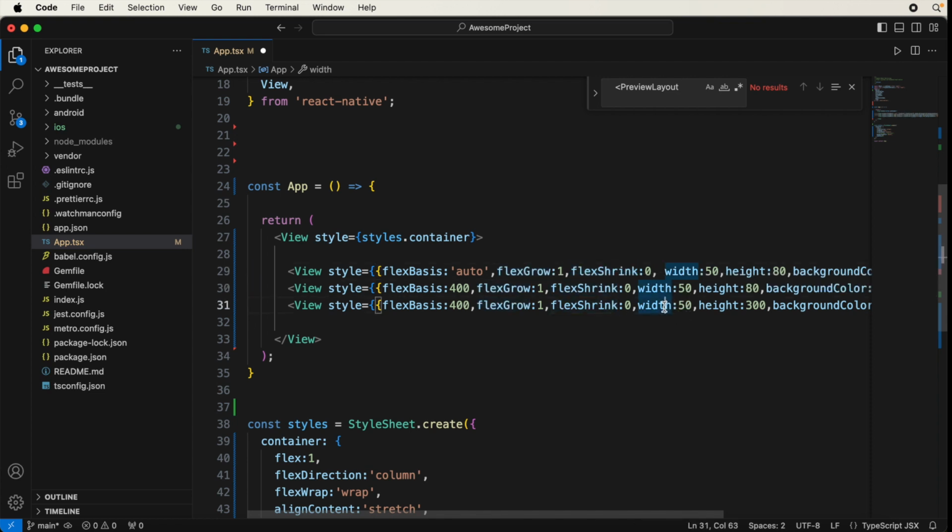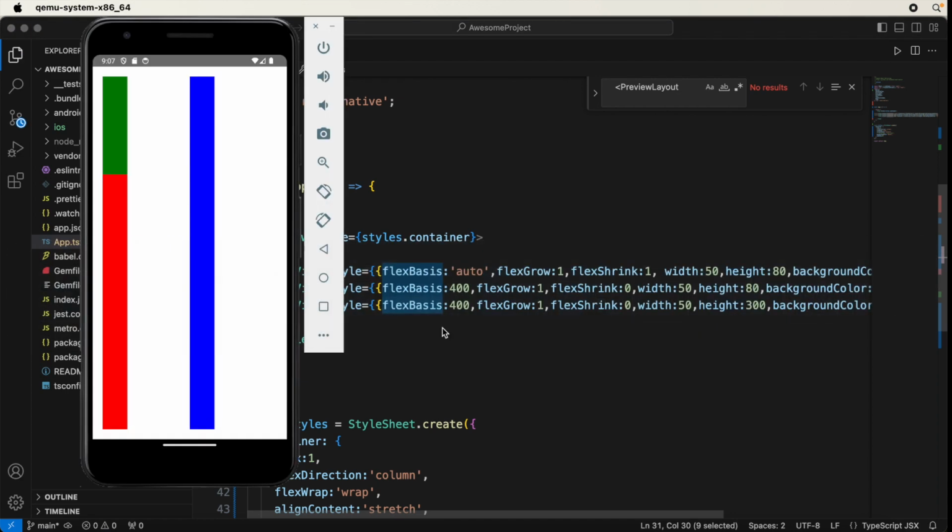Suppose we want that the first view should shrink, so we can use here 1. So now only the height of the first view will be decreased, but the second and the third view will maintain the height. Suppose I am saving this, and now you can check that the first view is adjusting the height,